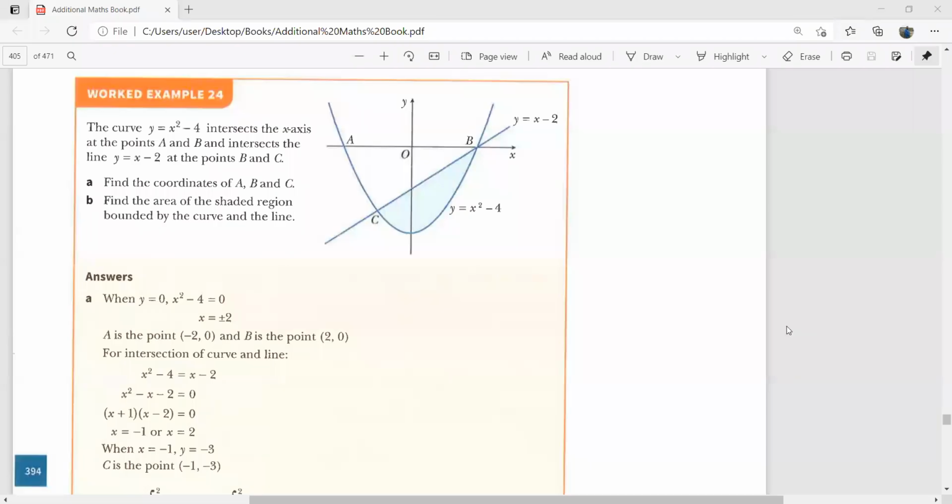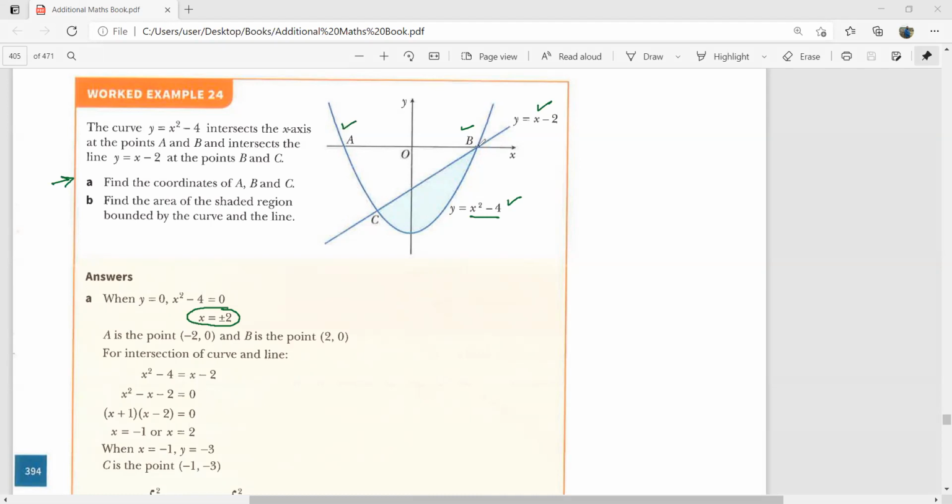If we look at this example over here, you see that gradually our questions start becoming harder. Now this is a bit harder question because you have to determine the coordinates of A, B, and C first of all. So he's himself saying find the coordinates of A, B, and C. For these points A and B, you will have to put this x square minus 4 equal to 0, and he has done that. We've got x equal to plus minus. I'm not going to do all this working here. And then you will have to solve these two equations simultaneously to determine the points B and C.